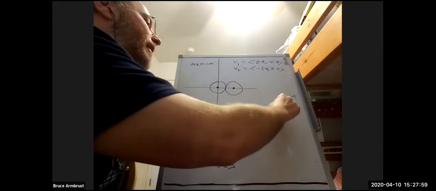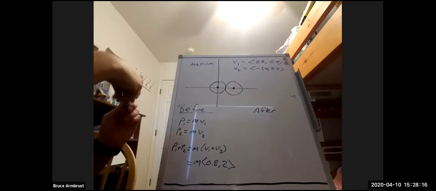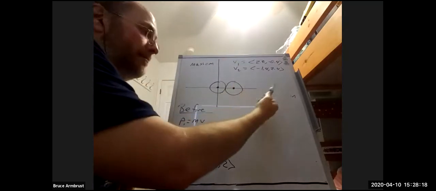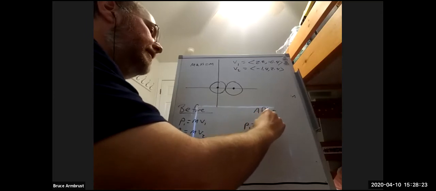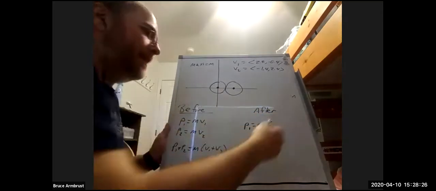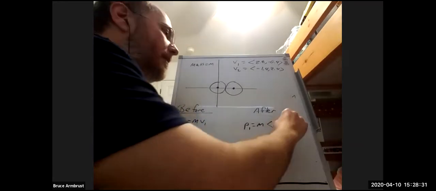So now let's go to the after. Now, after, we don't know anything about the velocities. In fact, that's what we're trying to find. If you go back and look at the question, it says, what is the final velocity of each ball? So I don't know what those are. So what I'm going to call them is maybe this. The first one, P1, again, it's going to have its mass, but it's going to be times some velocity. I don't know what it is, but I'm going to call it